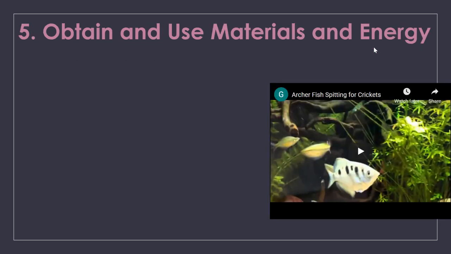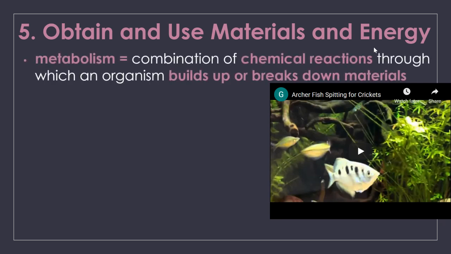So, the 5th characteristic of living things is that they obtain and use materials and energy. And this process is actually called metabolism. So, metabolism means that chemical reactions are taking place that help an organism build up or break down materials. And the 2 examples of metabolism that we've already studied are cellular respiration, which is breaking down glucose, and photosynthesis,